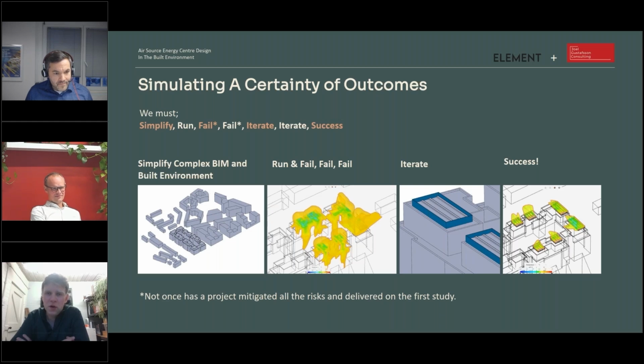So the iteration process, as Joel has already sort of touched on, might be the creation of physical barriers. It might be the increase of the inlet into an array that we've modelled. So we go through these geometric changes, and then ultimately we're working towards success at this point. We're starting to see positive changes towards the model and the simulation stability, and we're starting to win the project over.